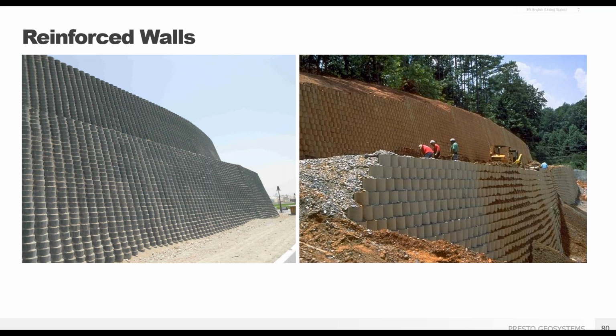And while reinforced walls are not limited in height, it's a good technique tip to use multiple tiers of shorter height walls rather than a single wall tier. This is because the length of the reinforcement may become too great with just a single tier. That ratio of wall height to reinforcement length is about 70%. So a 6 meter or 20-foot high wall needs about 4¼ meters or 14 feet of reinforcement. Or a 40-foot high wall needs about 28 feet of reinforcement, and so on. You get the idea. Using these shorter tiers allows you to keep the reinforcement length reasonable while still achieving your overall required height.